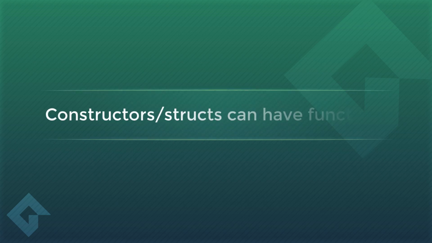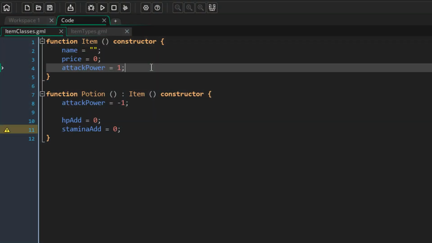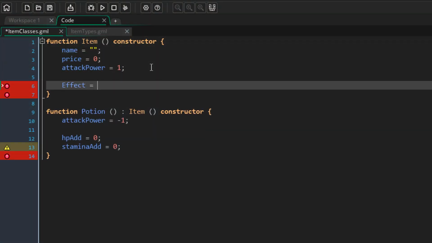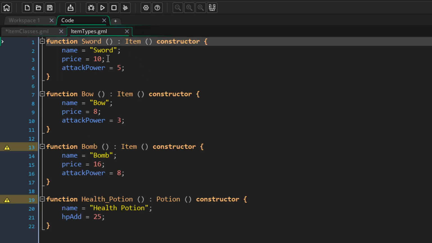Now there is a feature that you should know about, which can be very useful if you're gonna be using constructors. In a constructor, you can also create methods or functions, and this is a very powerful feature. This means that your items are not just a collection of data, but they can also perform their own logic and functions. So for example, in the item constructor, you can have a function called effects, and this can be used to apply the effects of the item onto, say, an opponent. Now this can be empty in the base item constructor, but it can be defined for each item type specifically.